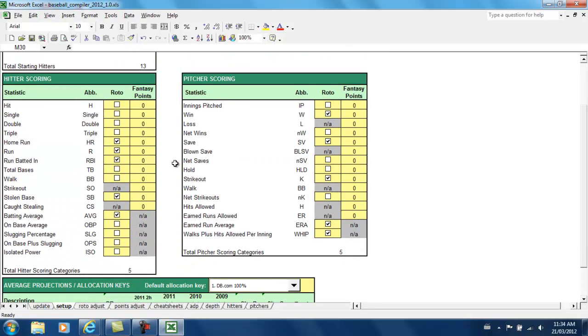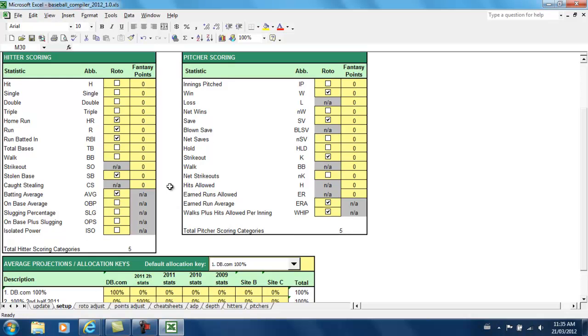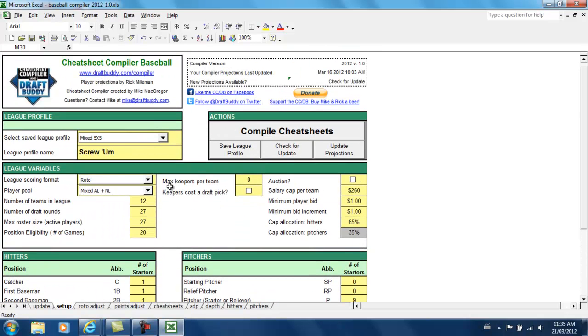It's a 5x5 roto league. By default, the roto categories are already in here for a traditional 5x5 with the homers, runs, RBIs, stolen bases, and batting average. Over on the pitcher side, wins, saves, Ks, ERA, and WHIP are all checked off, so I'm okay there. At this point, I could hit compile cheat sheets and create cheat sheets for this league based on the